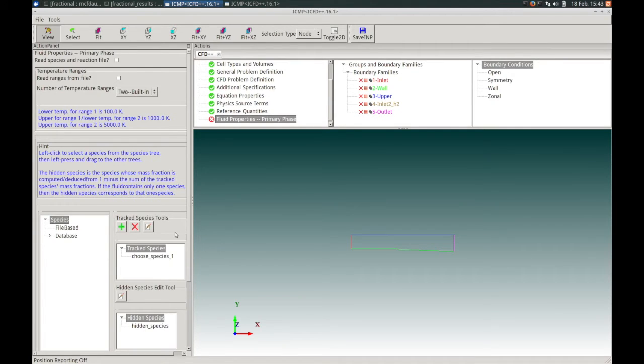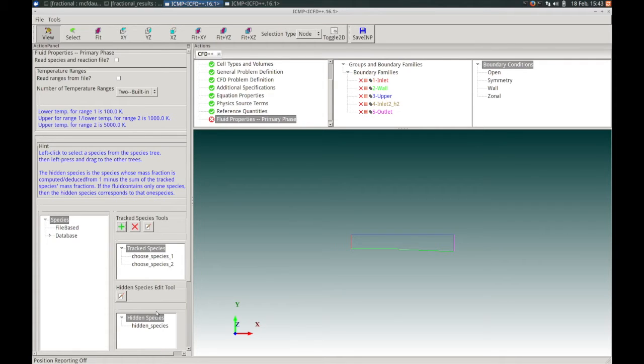The bottom section of this panel is used to declare the multiple species to be tracked in our system. We can press plus to add additional species that will be tracked. In this case we have a total of 9 species, and you will note that one of them will not be tracked directly. This will be treated as the hidden species. The hidden species will be entered in the lower window.